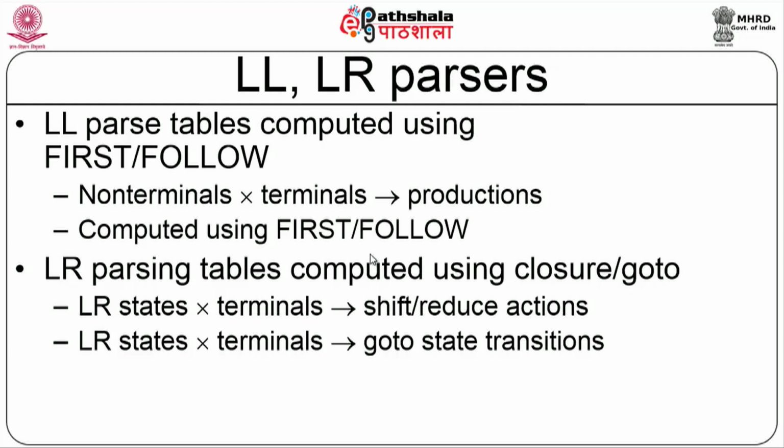That depends upon the shift: a goto of some state i on symbol x will be some state j. So if x is a terminal, at the intersection of (i, x) I will have it as shift j. If x is a non-terminal, in the goto section, I will have the intersection of (i, x) as simply j. And since this parser is not powerful, where it has a shift-reduce conflict also, we went into a canonical LR parser and a lookahead LR parser.